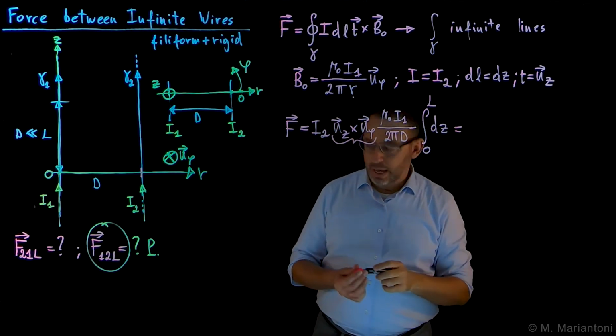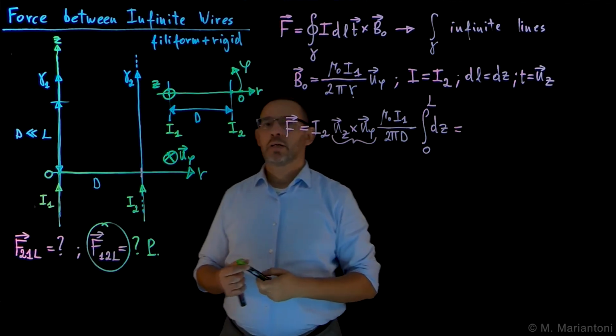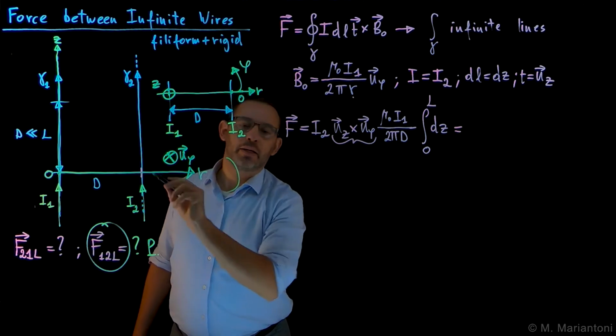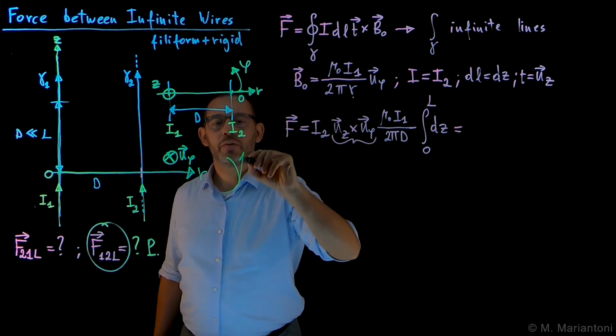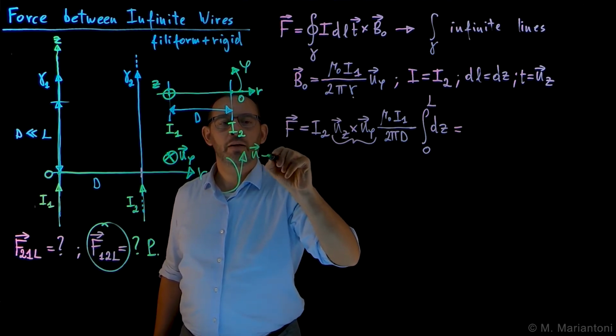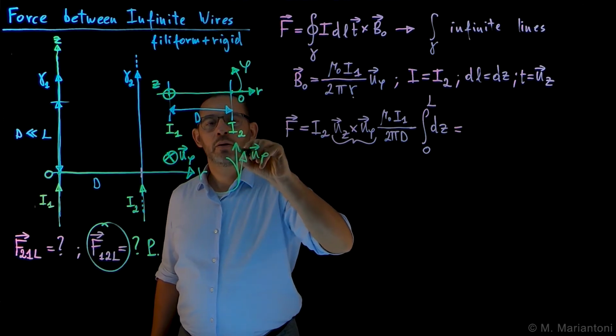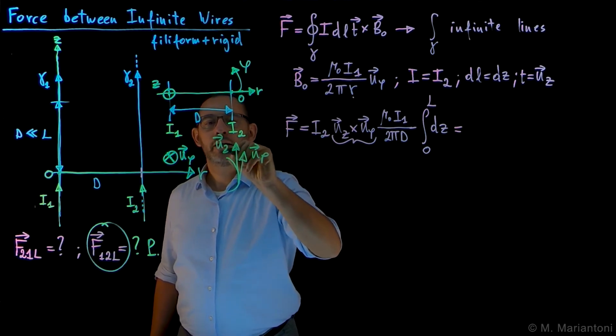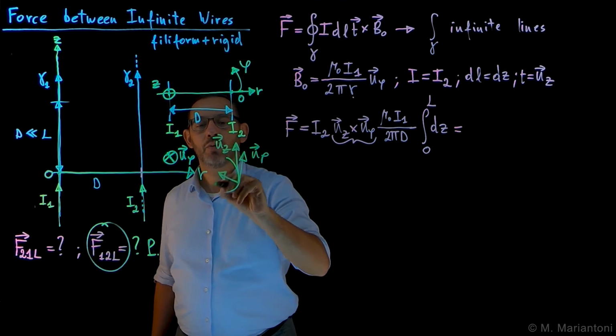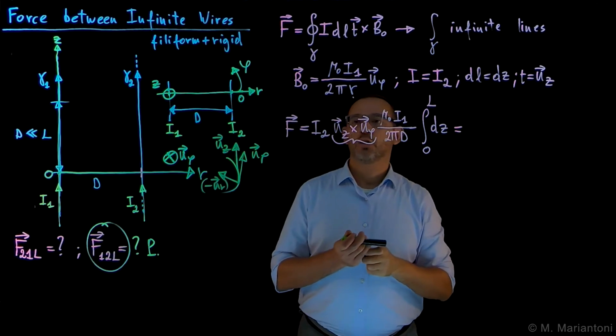You need to be careful because it's the usual trick here. If this one is the tangent unit vector u var phi, this one is uz. Clearly this cross product is minus ur. So you need to be careful with that. So you get a minus